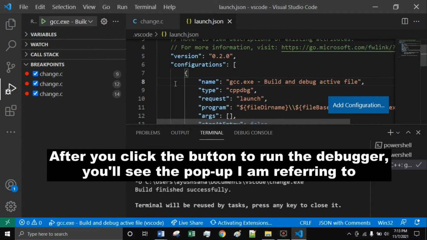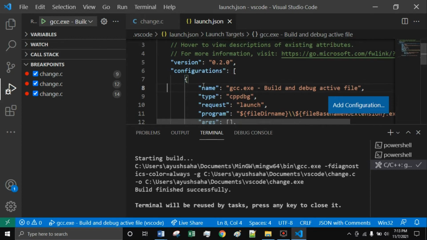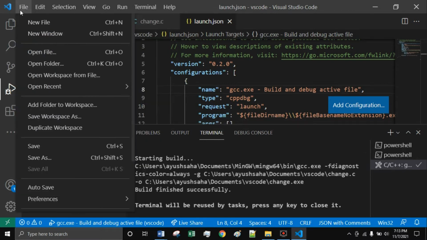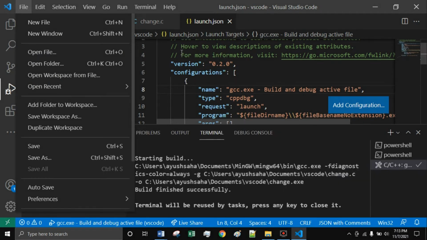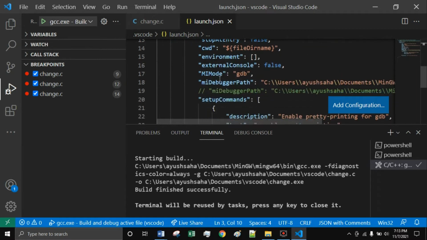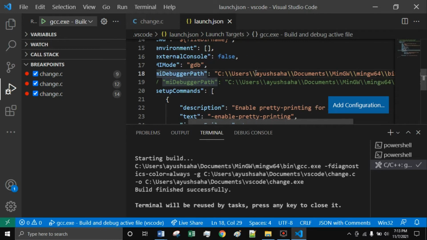Okay, so basically it would show that button, and then you'd click on it to open this file called launch.json. In case yours does not show that button, what I did is I went to my folder directory and found the folder VS Code creates called .vscode, went inside there, and opened the file it created called launch.json. Now inside here, you'll want to go to this part where it says miDebuggerPath,